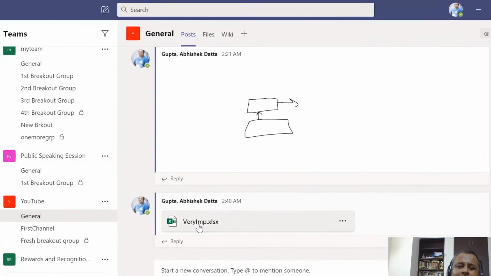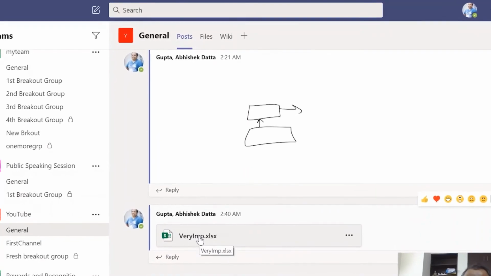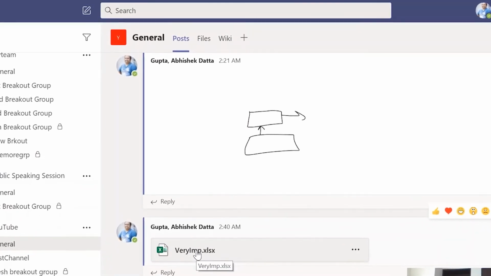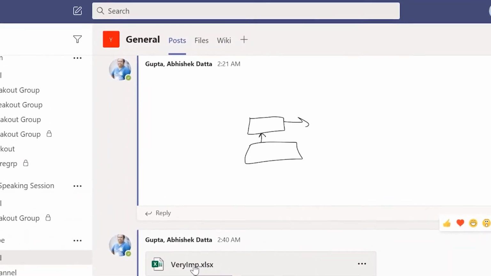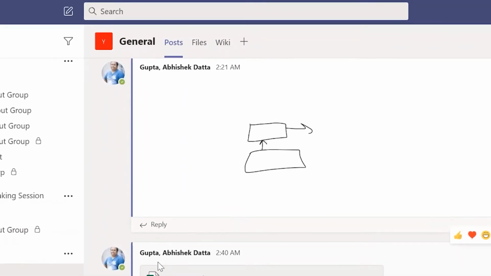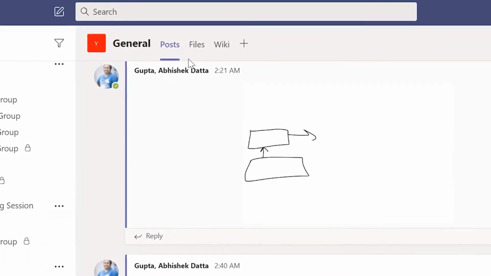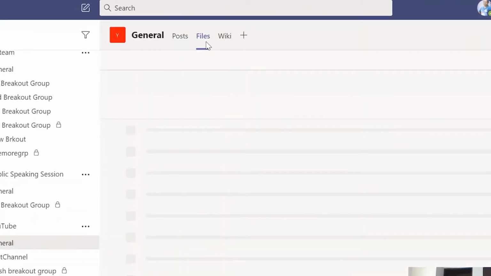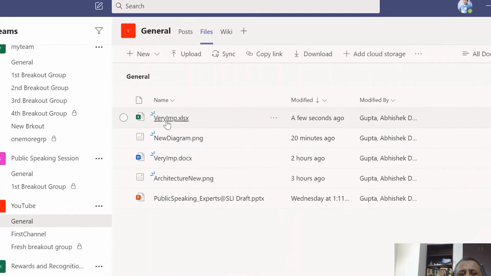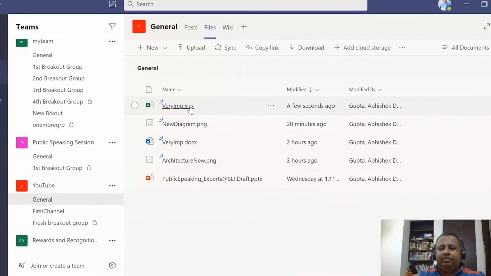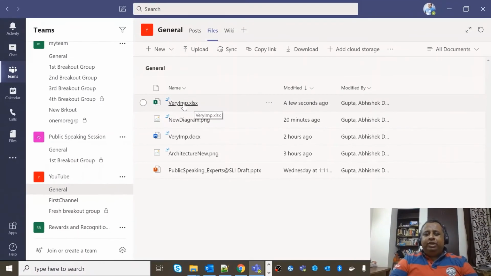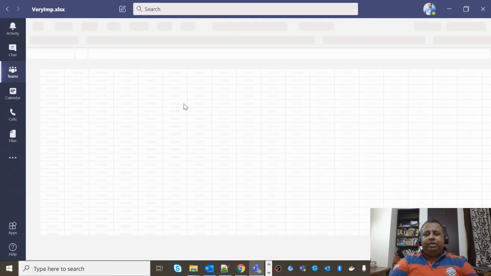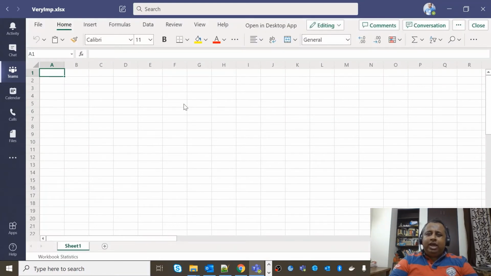And if I want to refer to this file, let's say after some time I do some other conversations, so this will kind of be merged with other conversations, and I just want to see what are the files I have uploaded. So I can go to this files tab here, and I see, oh, this is the recent Excel file that I have uploaded here. Now, I want someone to look into this Excel file and make some review comments. So that is possible directly here.